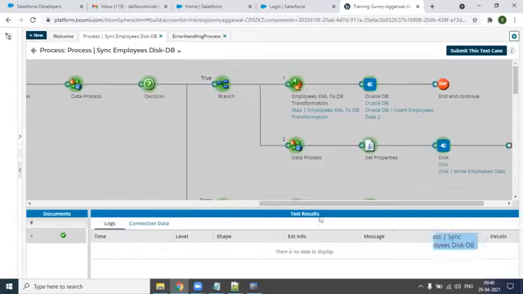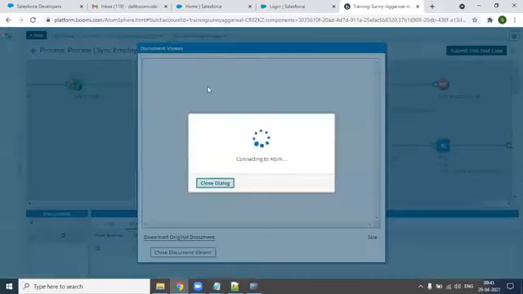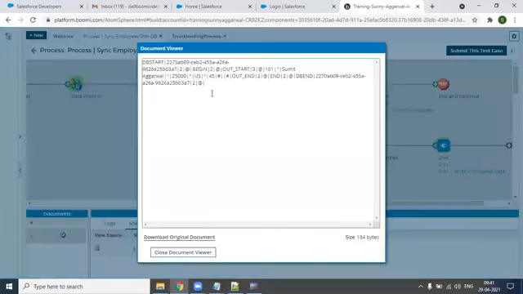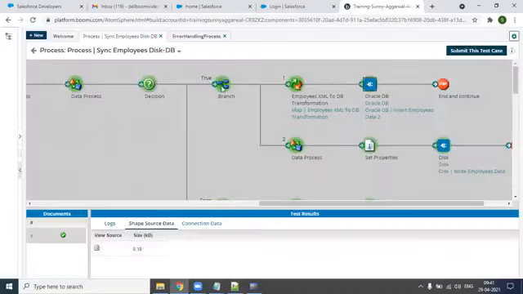Let me run again, and now I'll straight away jump over here. I think we should have the data getting populated now. Do you see the data getting populated now? Yes. We have employee salary getting populated 25,000, which is absolutely correct, because if you see the data which comes